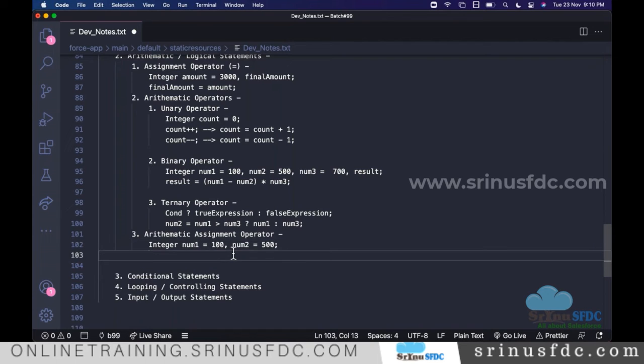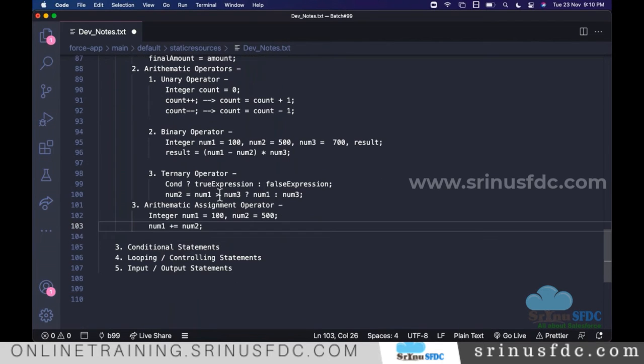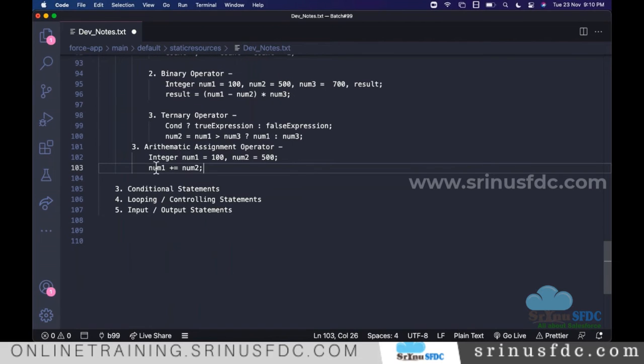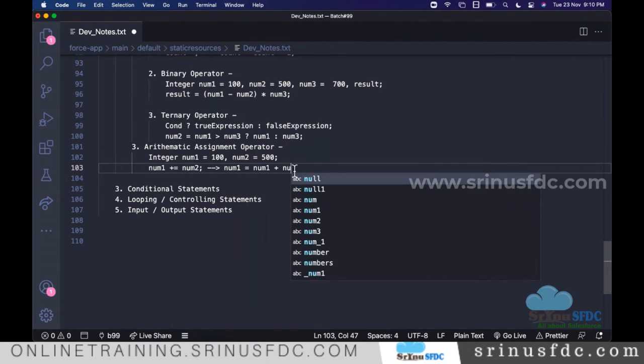If I say number 1 plus equal to number 2, you see people writing like this. This is the arithmetic operator and this is the assignment operator. The internal meaning is number 1 is equal to number 1 plus number 2. They are adding number 1 and number 2 and assigning the result to number 1. So that's the meaning.